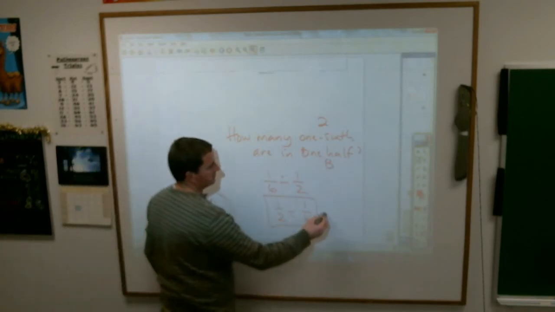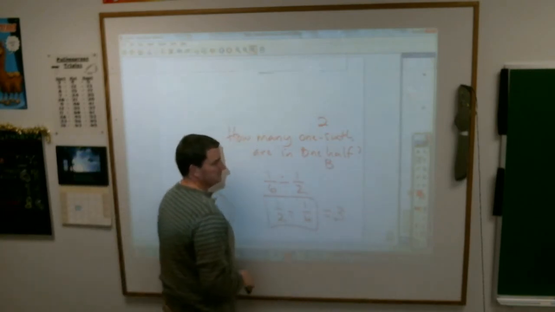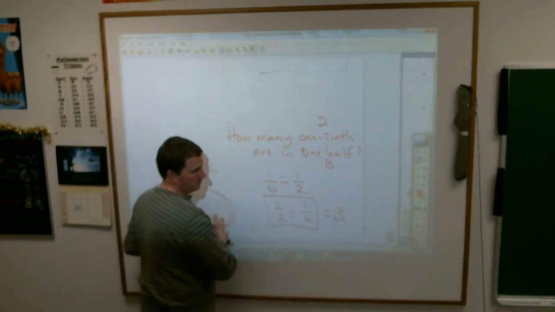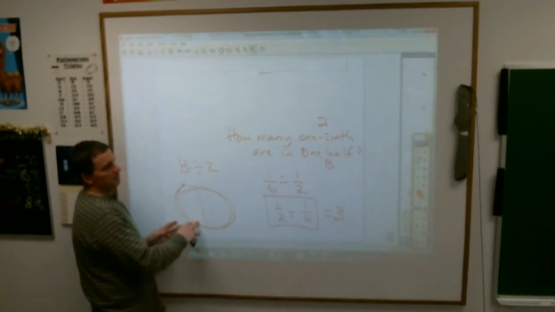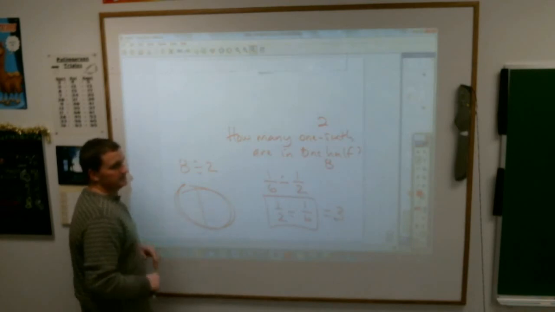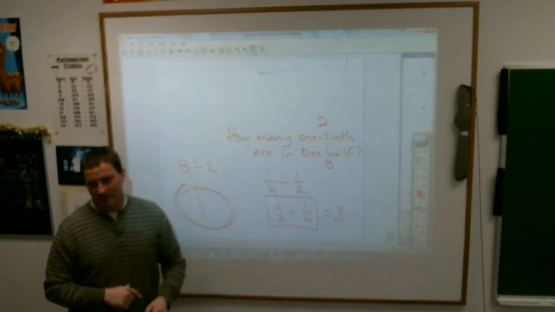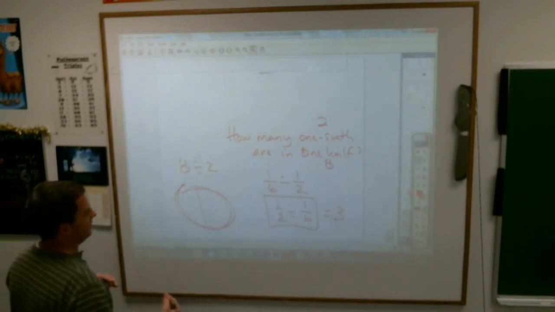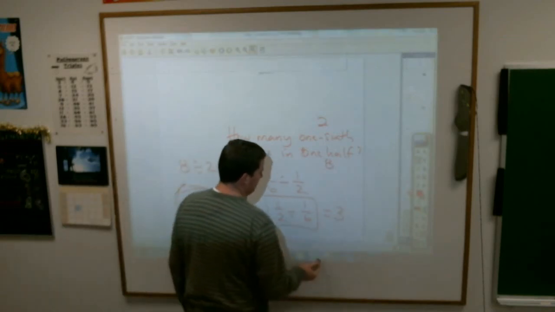Amen to that. There are 3. If there are 6 in a whole circle, then in half a circle there'd have to be half of that, or 3 of them. Okay, Jaden, don't get too lost. It's just the way it is. Fractions can be awful confusing. Like I said, if you don't quite get that, that is